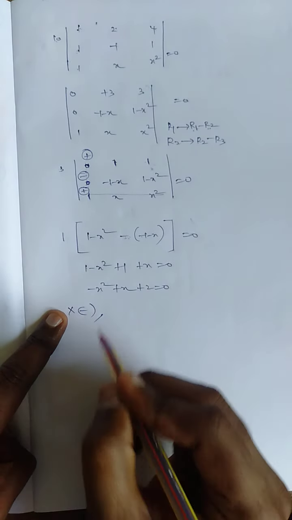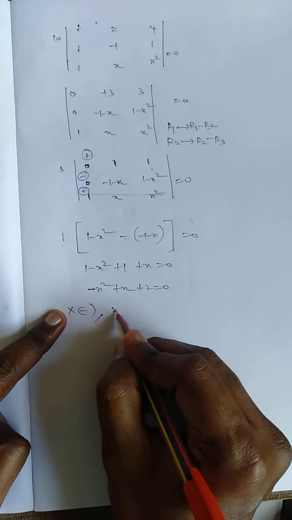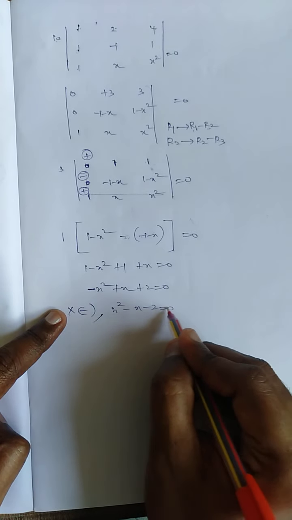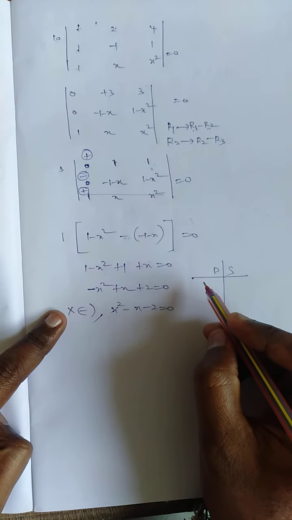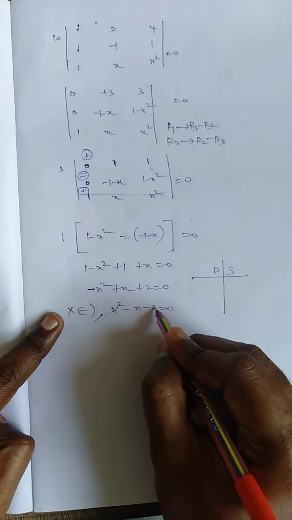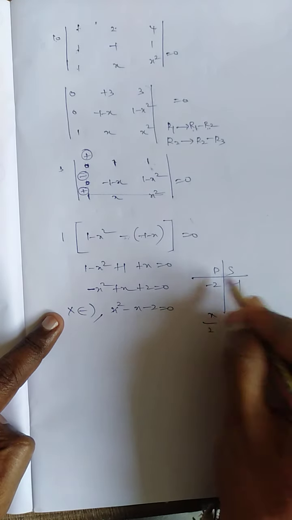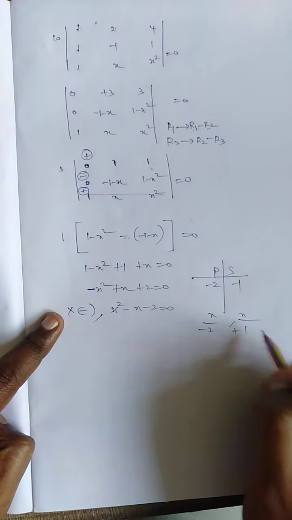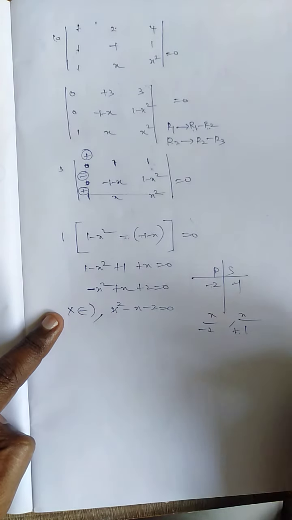Multiply by minus, because minus should not be present before x square. It becomes x square minus x minus 2 equals 0. Now I am going to find the roots by factorization. This is minus 2, minus 1 x, and x. 2 into 1 is 2. I put 2 here, plus here. Minus into plus is minus, 2 into 1 is 2, minus 2 plus 1 is minus 1.